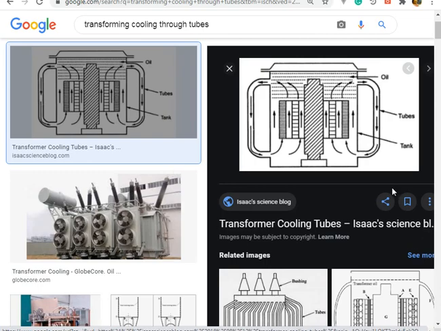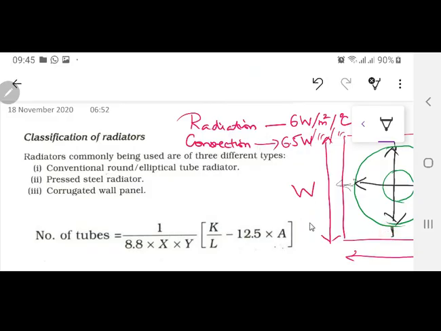Now the point to discuss here is what type of tubes you want to use. If you have a cross-sectional area of a circular tube, it is going to be circular, and if it is elliptical, it will be an ellipse. Now tell me, which one is preferred, this one or this one? Understand, and answer with a reason. We have circular tubes also, we have elliptical tubes also. Yes, the surface area should be larger so that it can dissipate more heat, because it is going to radiate the heat from the surface area.